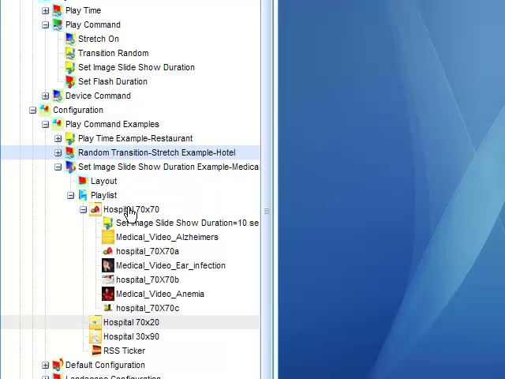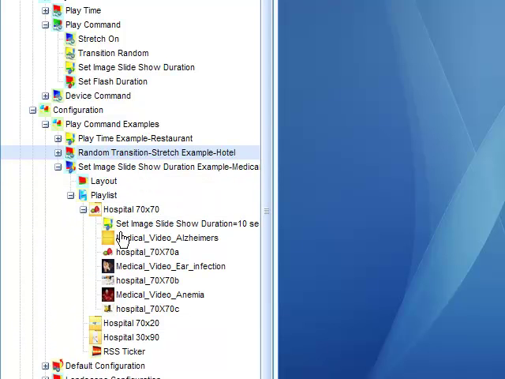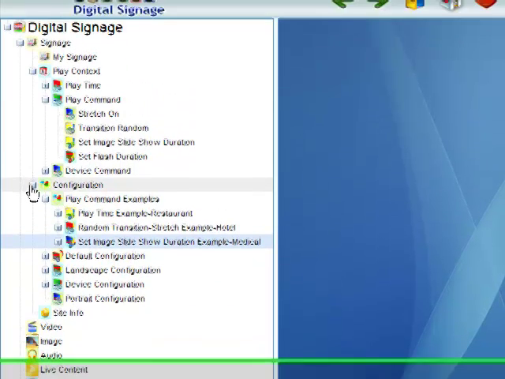We'll open the playlist first. And you'll see that there's 3 videos. There's a medical video, Alzheimer's. There's a video, ear infection, and anemia. And after each one, there's a JPEG image. Now, the set image slideshow duration is set to 10 seconds. We'll now move on